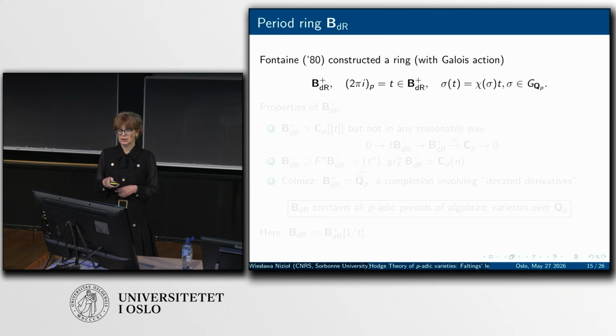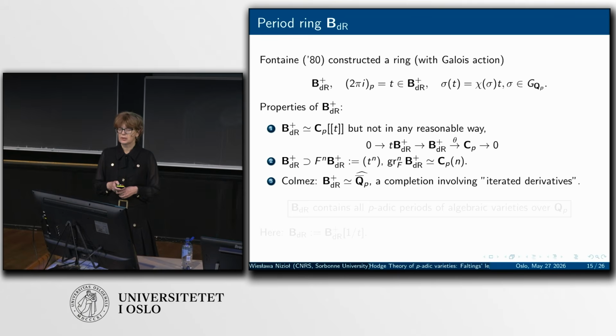Now this is a filtered ring, so its graded pieces are just, again, Tate twists, but these morphisms here don't split in any reasonable way. That is, this isomorphism here I wrote is algebraic, but it's not Galois equivariant, it's not topological. So it's a more complicated ring. However,